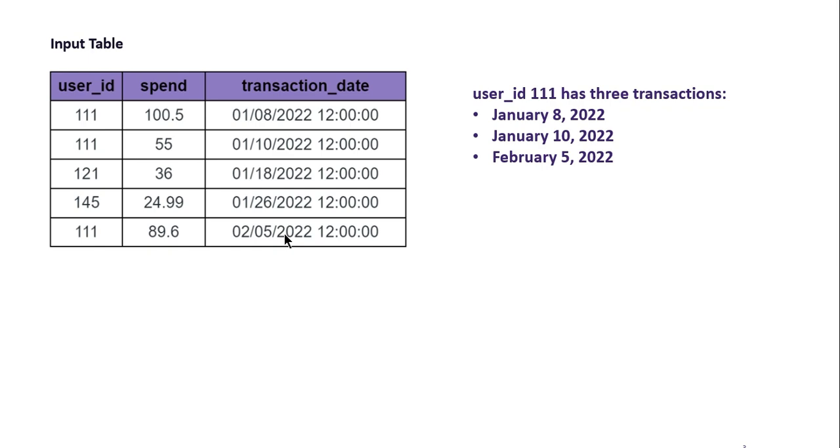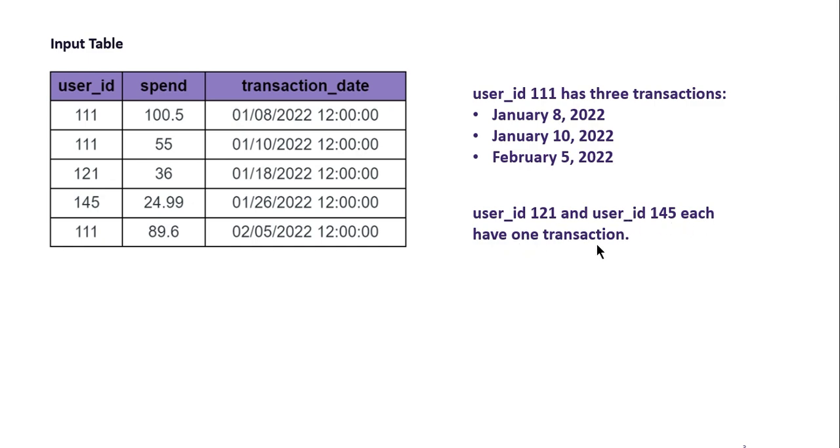So we can clearly see that this is the user ID which contains three transactions, and the other user IDs, which are 121 and 145, have only one transaction each, made on these particular dates.